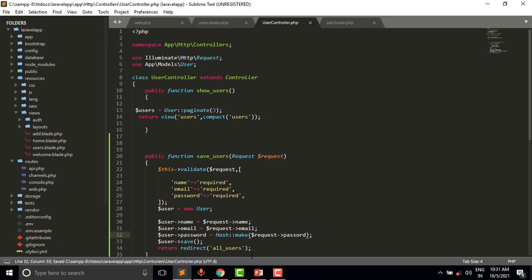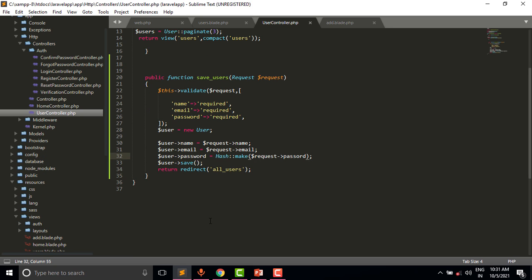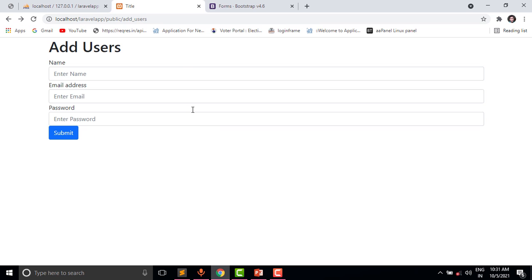We can also use the crypt function, which Laravel already provides. So save this file. So refresh this page.